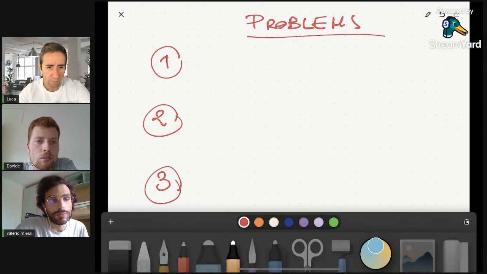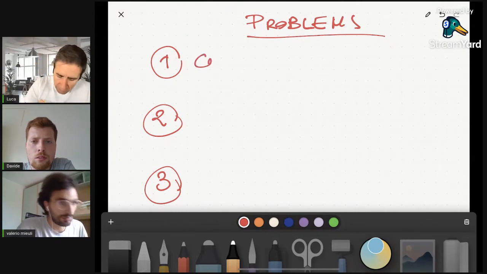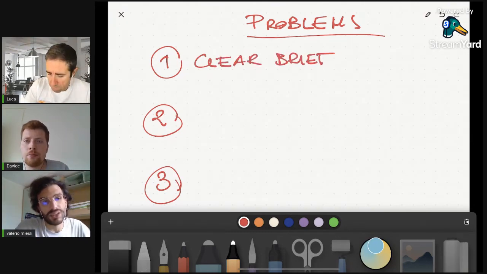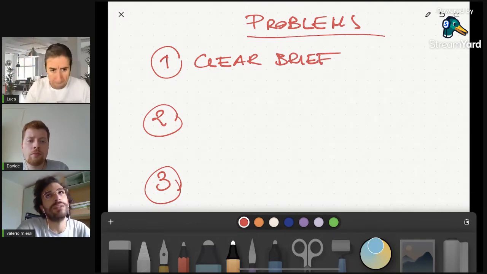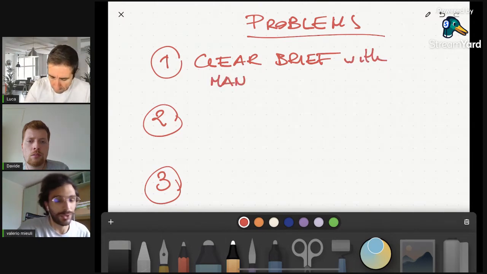Yes. So you have to think of a way to explain to them, in the simplest possible manner, how to annotate the data. Okay, so clarity. You need a clear brief. Yeah, with as many examples as you can, including all possible cases. Of course, you will never be able to include all possible cases, but I mean,